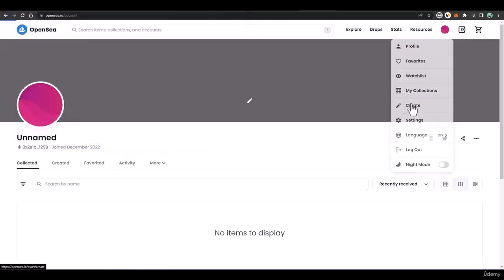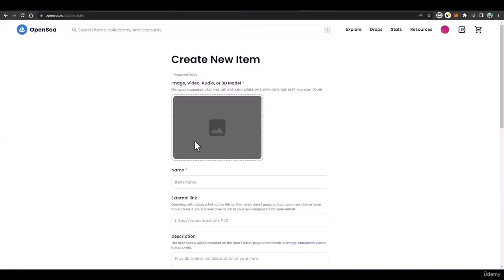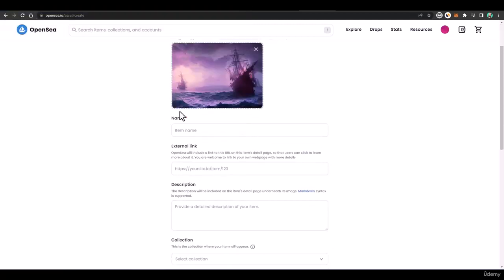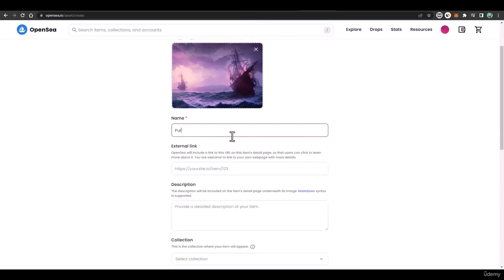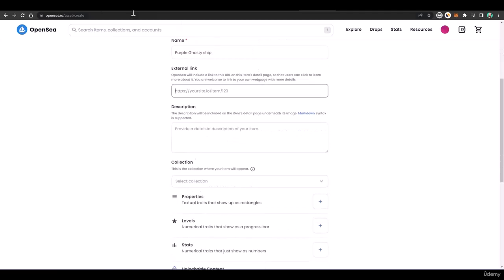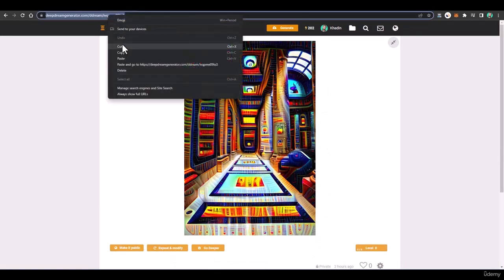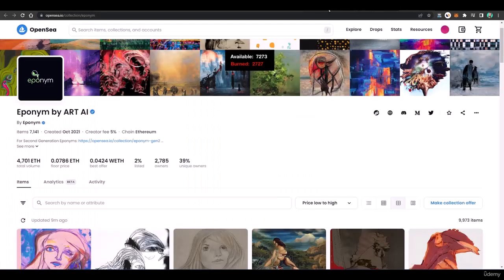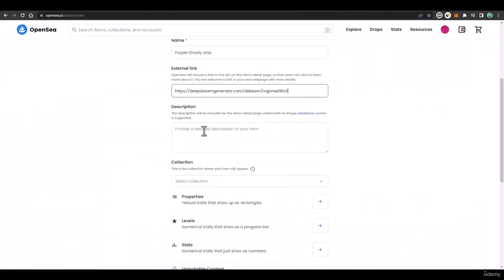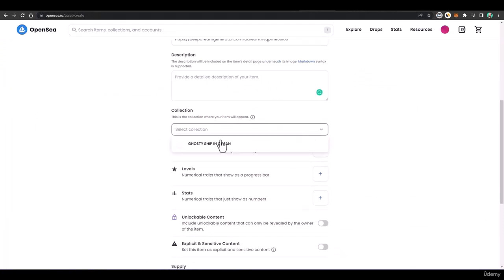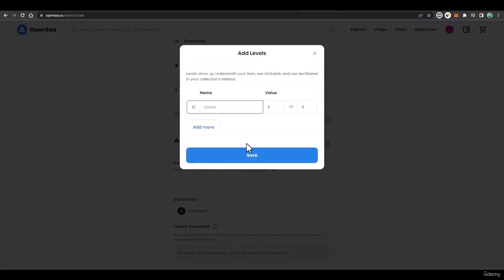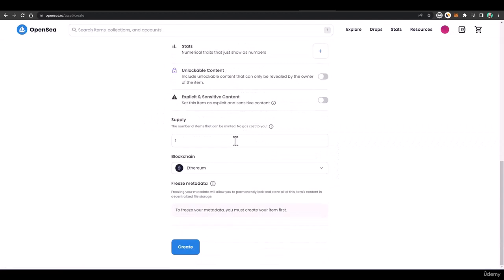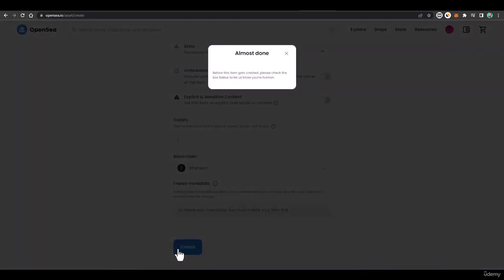Here, click on create, and here you can create a new item, add your art here, add art name with the purple color. This one is purple ghosty ship. Any external link if you have from Deep Dream Generator, like let's say this is the link, copy that link and paste it, and then add the link here. And then description, from here select the collection, and then if you want to add some properties, you can add properties,